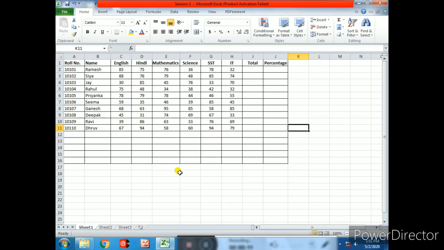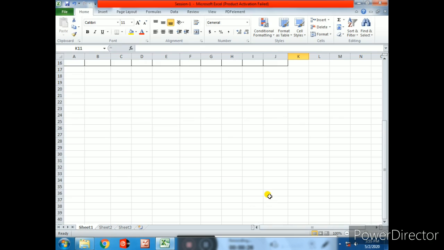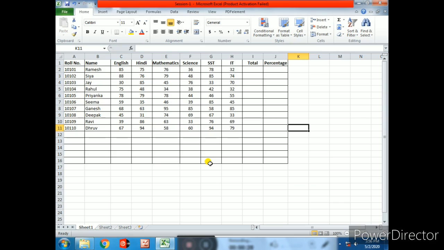Now let me see how we can freeze rows and columns. Excel 2010 provides another wonderful feature to freeze rows and columns. Sometimes while scrolling through a large worksheet, you want the headers to remain constant, so that while entering data you do not commit errors. Excel provides the facility to freeze panes and split your worksheet that make it easier to view content from different parts of a worksheet at the same time.